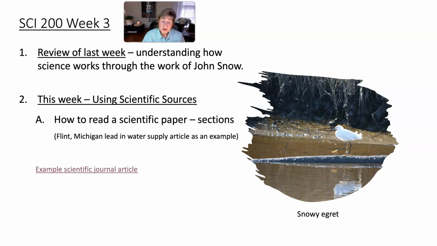So last week you learned all about Dr. John Snow and how he investigated the outbreak of cholera in urban London in the 1800s, and how he connected those cases of this horrible diarrheal disease, cholera, to contaminated water sources in the form of wells that were contaminated by sewage from the River Thames. And what was so important about this was that he showed that miasma was not the cause of these cases of disease. In fact, it was contaminated water, and he showed that by the extensive data that he